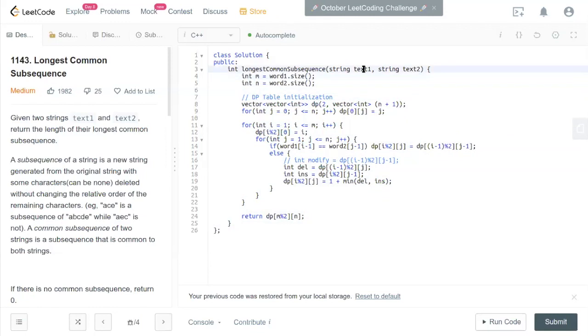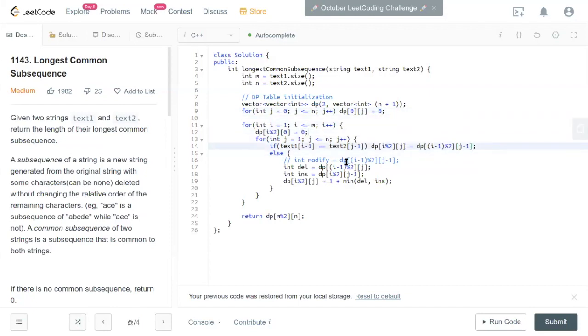Let me make a few changes here, because the input has text1 and text2 instead of word1 and word2. I'm going to change that first. Wherever word is present, I'm going to change it to text. I think there are two other places here. All right. Other than this, I'm going to change the base cases from some other value to 0.